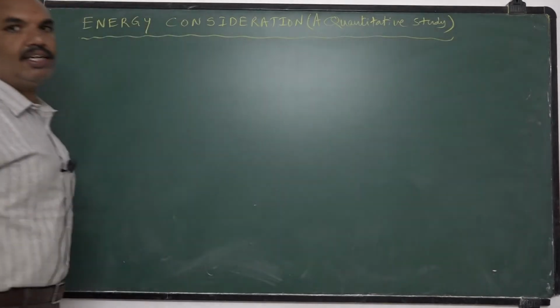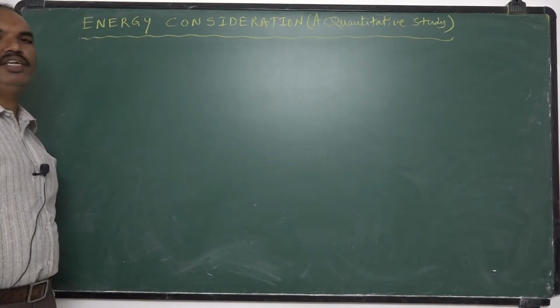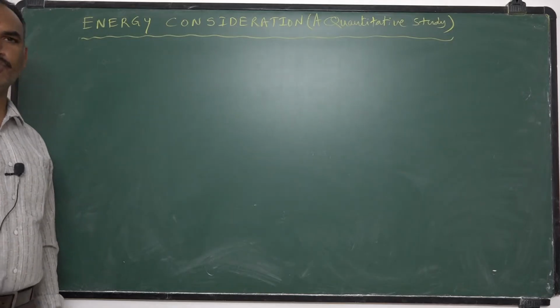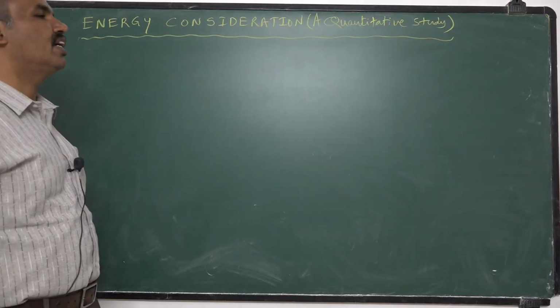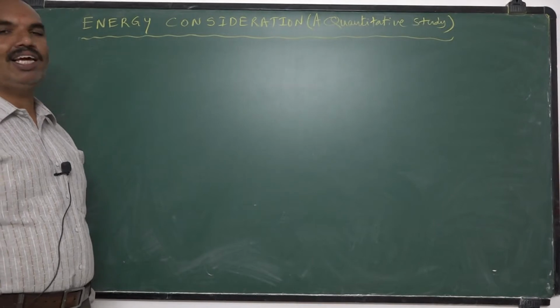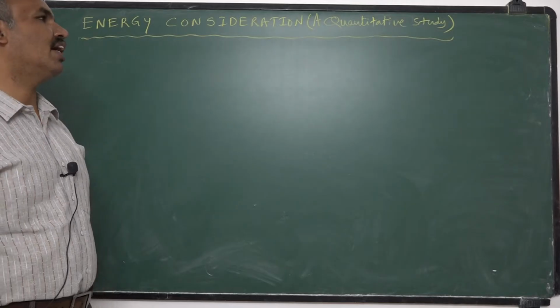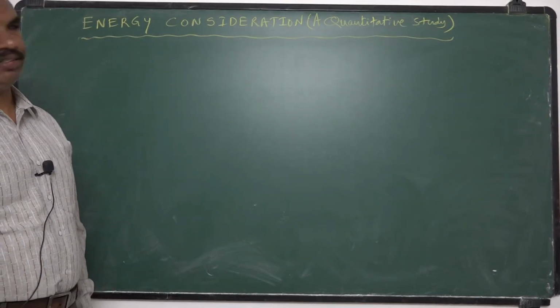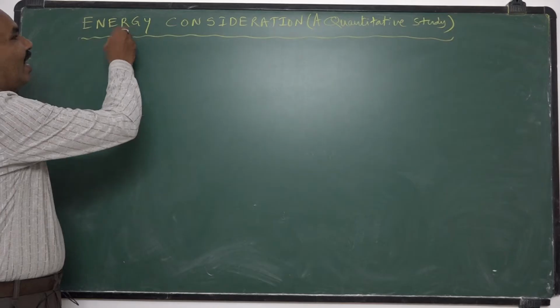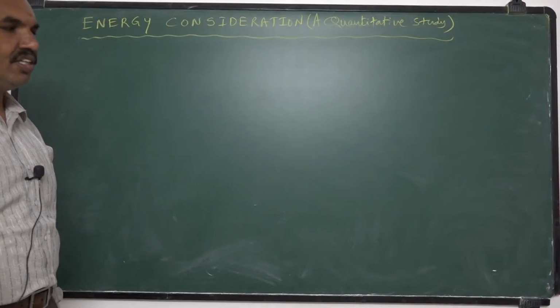Already we discussed that whenever a metal rod is moving in a magnetic field, it generates some EMF called motional EMF, and whenever it is connected to some external resistance, some current will pass through the circuit called motional current, and we calculated expressions for motional EMF as well as motional current. In today's class, we are going to calculate the energy associated in the motion of the rod.